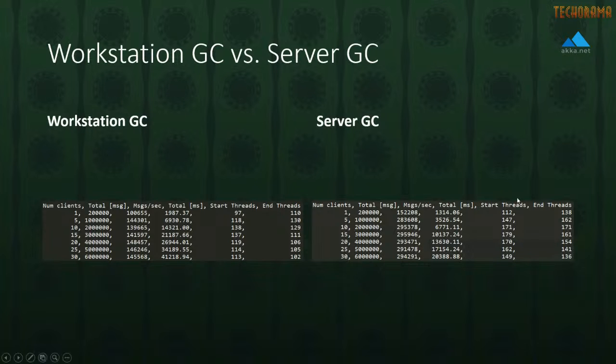One other thing you'll notice is that the thread counts are significantly higher in our server mode GC versus our workstation GC. And that's by design. The reason is that we have those additional dedicated threads for performing garbage collection when we're running in server mode. And so the thread counts are definitely noticeably higher when you're running in server mode GC. But for us, since we're interested in building low latency applications, this is the right trade-off for us. So server mode GC is one of the cheapest things you can do to have a really high impact on your performance.